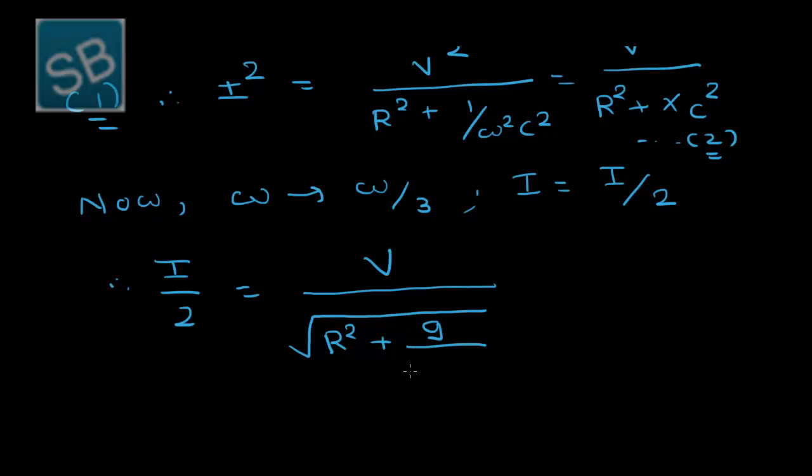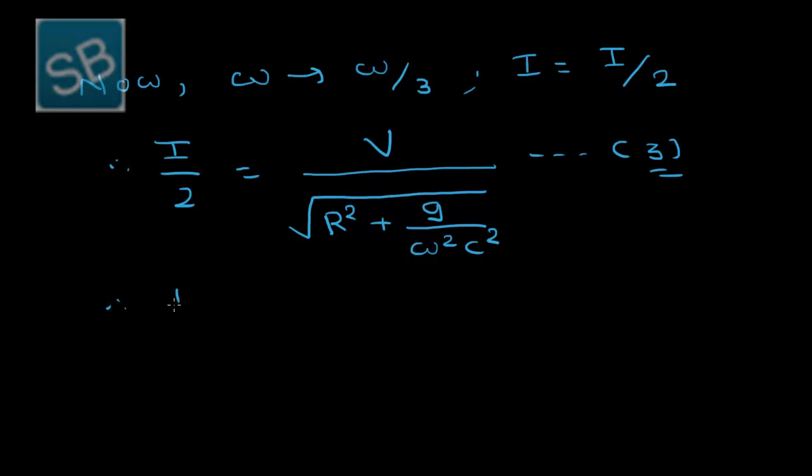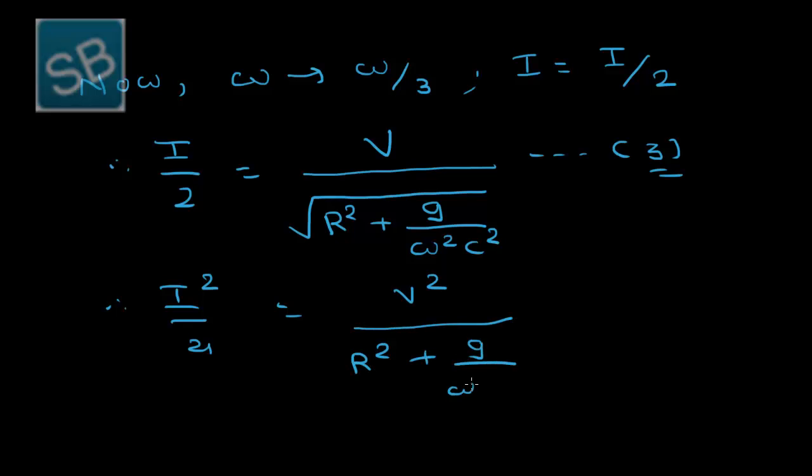So here the idea comes 9 upon omega square C square, and now I am squaring on both the sides. What will I get? Therefore I square by 4 is equal to V square over R square plus 9 over omega square C square. But 1 over omega square C square is XC square, so that is equal to V square over R square plus 9XC square. So that is equation number 4. Now dividing equation 2 and 4,